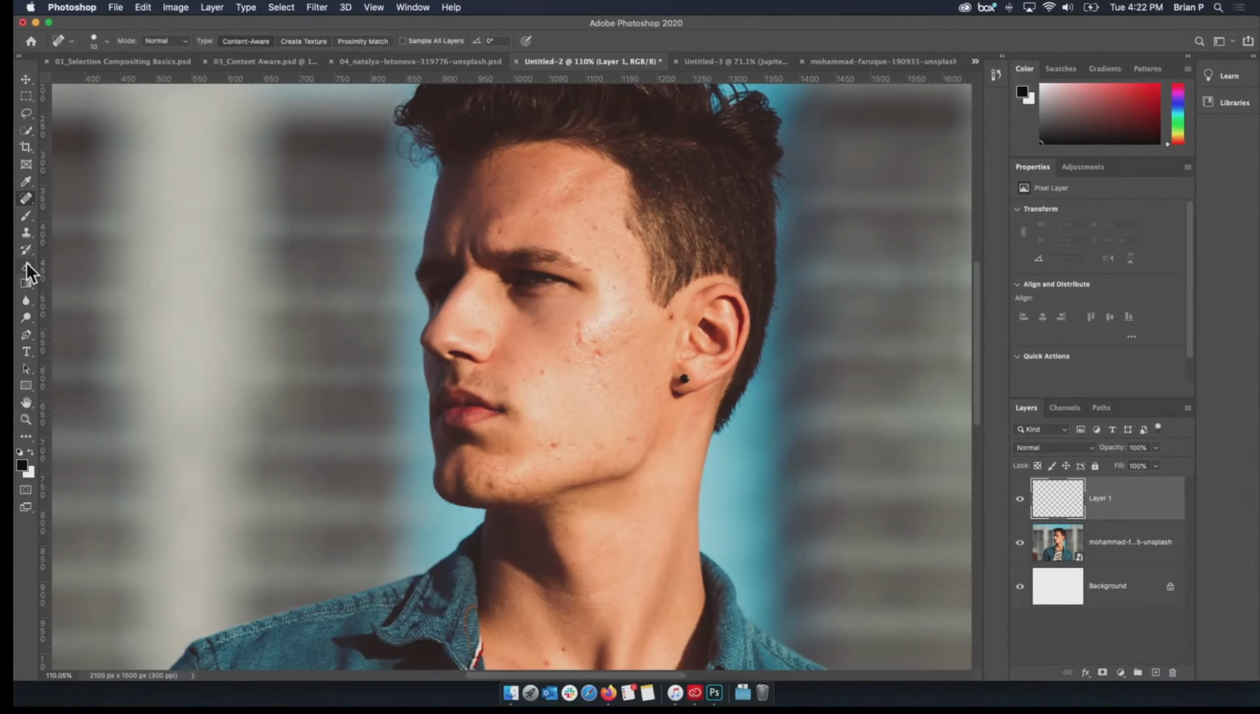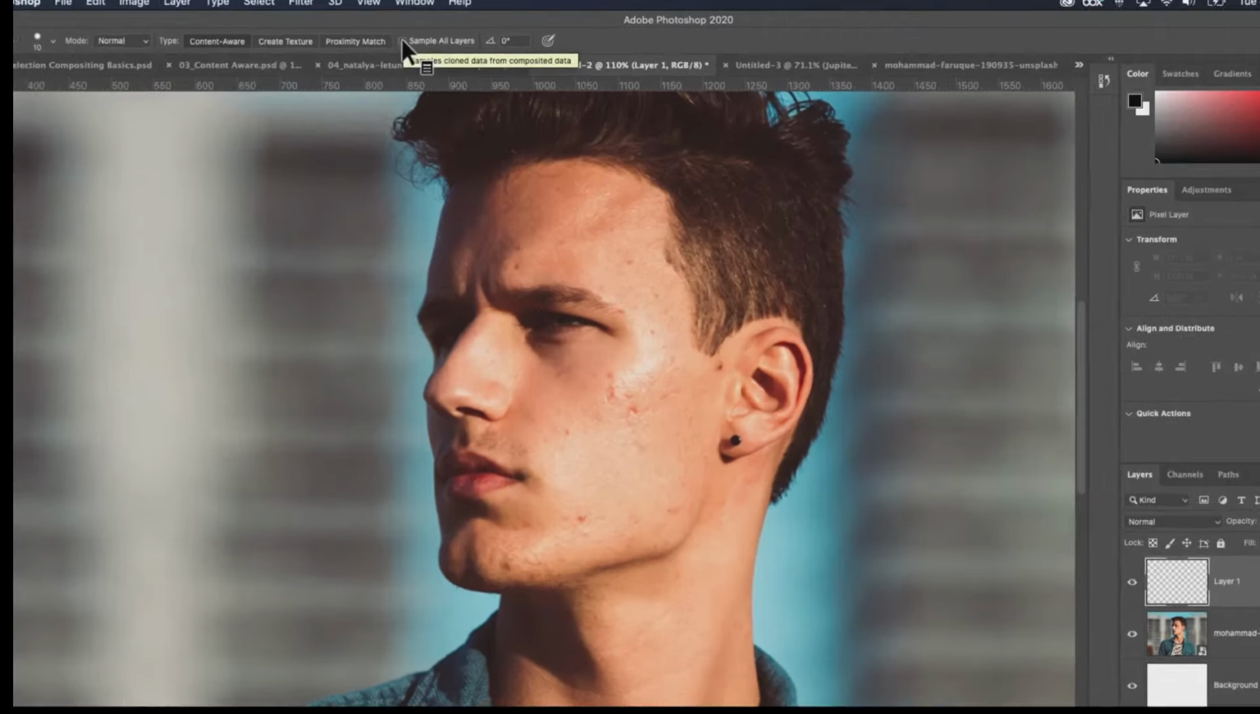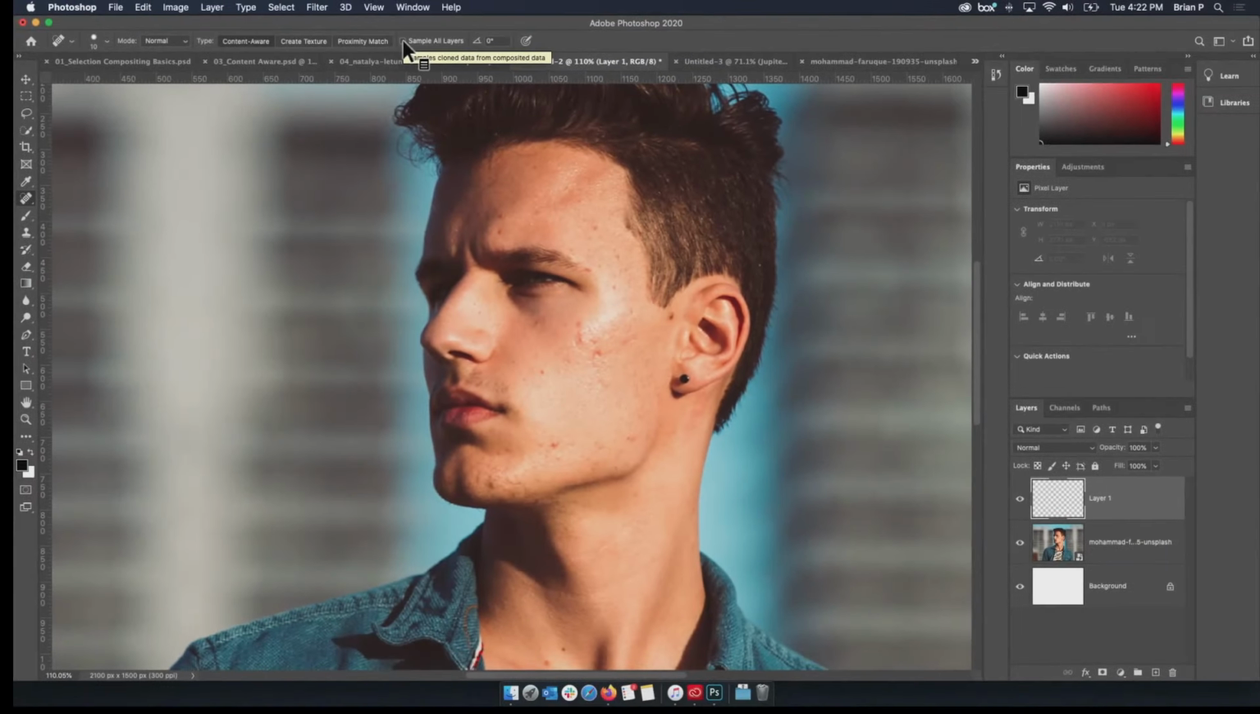We'll go back to the healing brush tool. And then, I mentioned this before, but we're going to sample all layers here first, so that it looks at all the layers underneath. All right, perfect. So I'm going to really quickly go through and do all those things again,